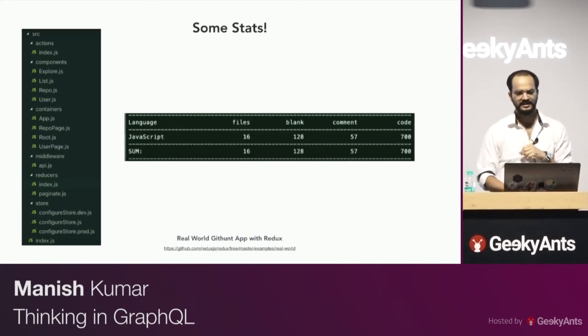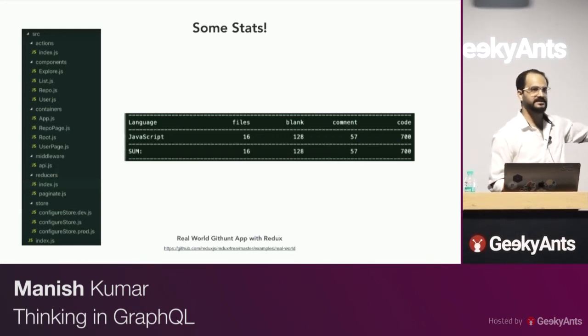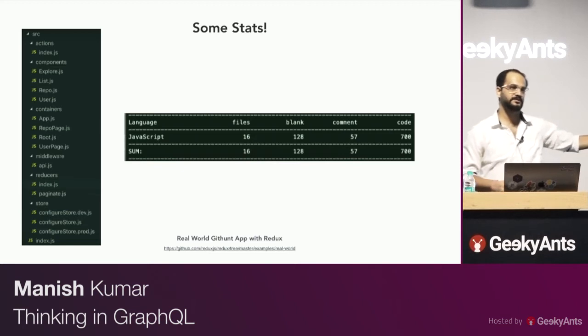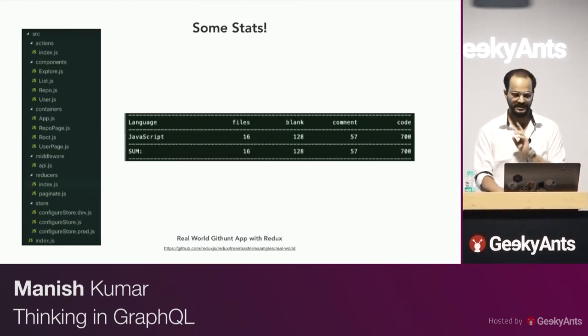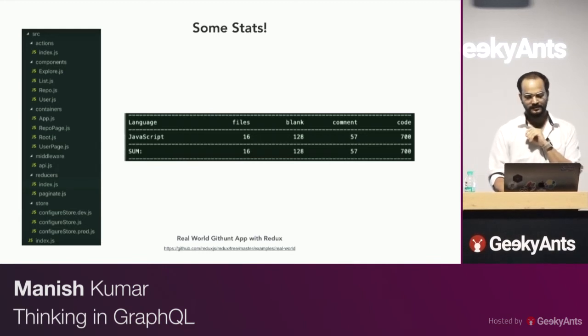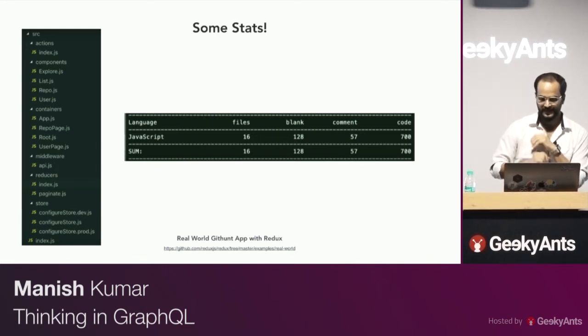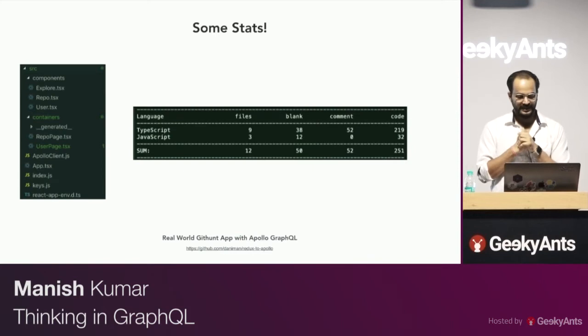There are around 16 files and around 700 lines of code. And this is what it looks like. There's nothing else. This repo just contains the bare minimum for you to run Redux in a real world scenario.